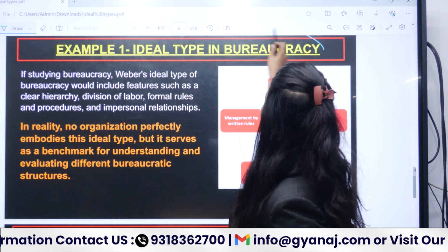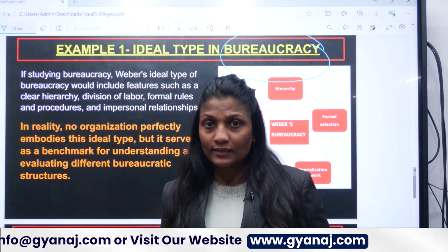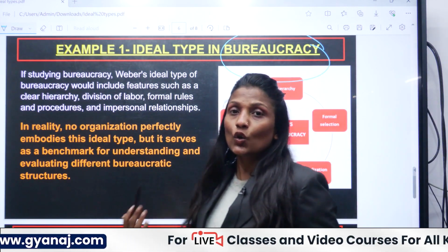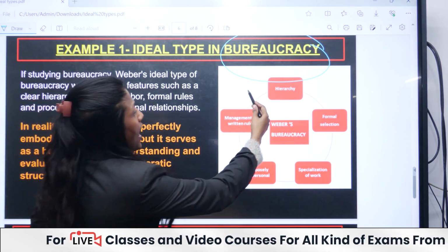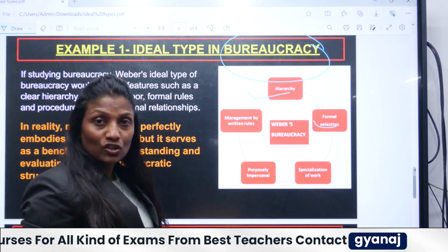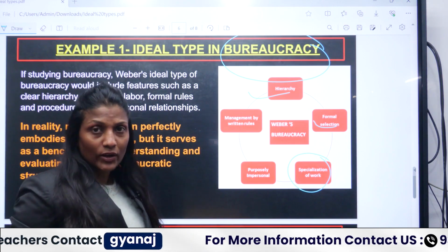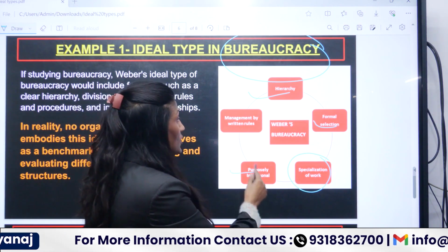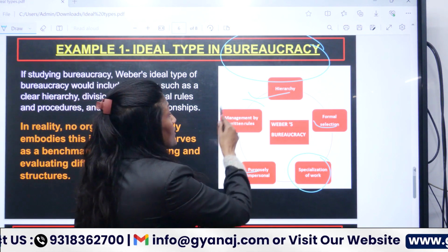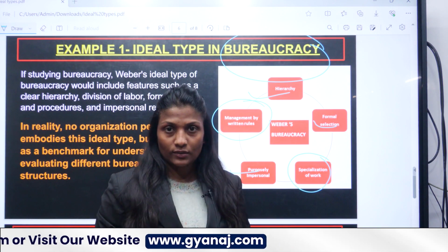According to Max Weber, he created certain abstractions, and these are the characteristics. In a bureaucracy you have hierarchy, formal selection, and specialization of work. The relationship we share in a bureaucratic organization is impersonal. We have our constitution, that is the rules and regulations, written by management.